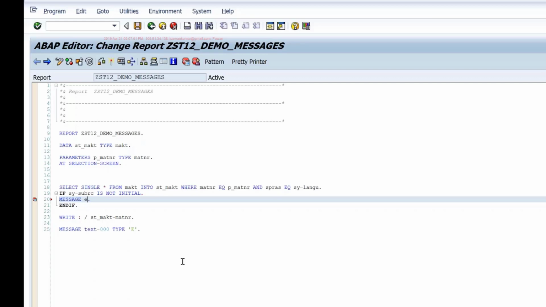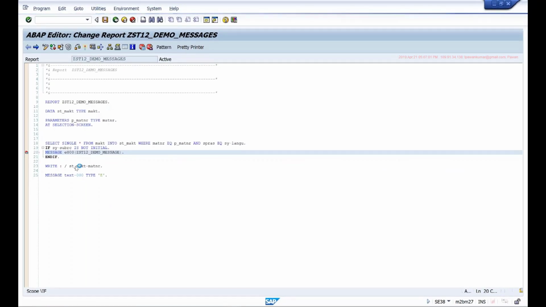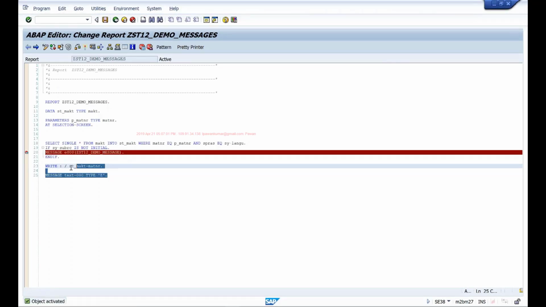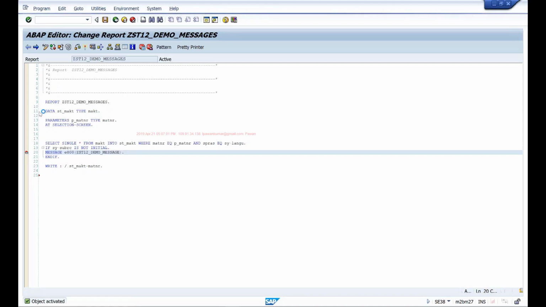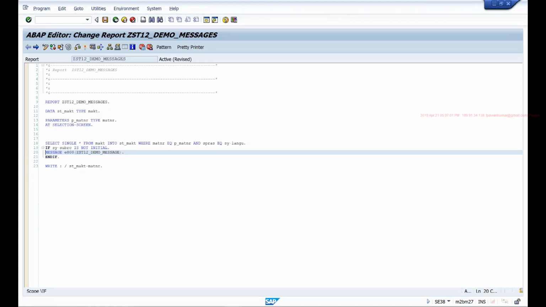So you give that prefix, and then the message number, and in brackets you can give the message class name. There is no space. This is how you can display the message from the message class. So the type of message in lowercase followed by the message number, and in brackets you can give the message class name. Now the system will pick the message from the message class.